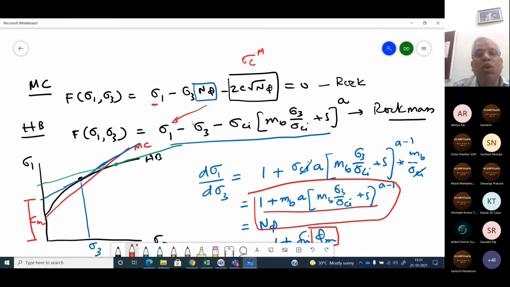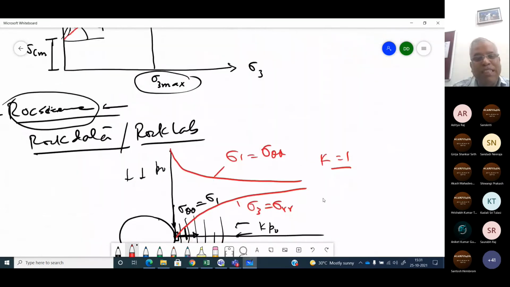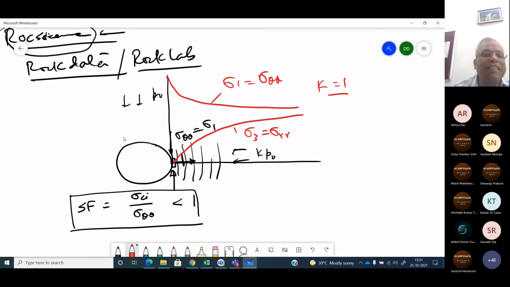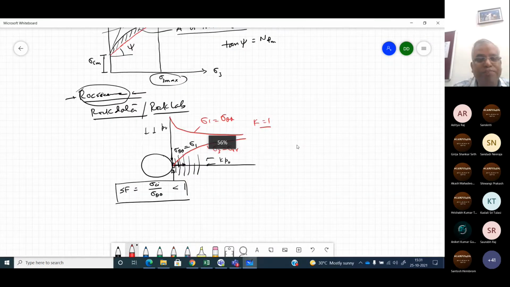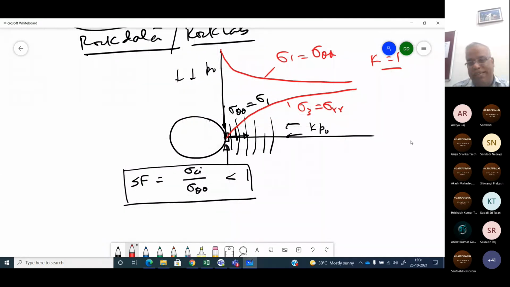So now we will be able to find out that distance using Mohr-Coulomb. Mohr-Coulomb is telling us that the failure will go until a certain distance, but now we can find that out. Now, how do I find it out? This I am telling you now. Let me erase a little bit so that I can now draw.